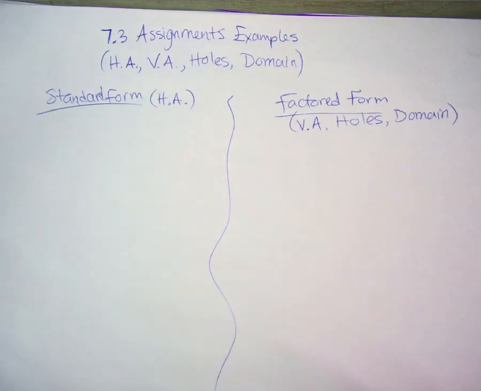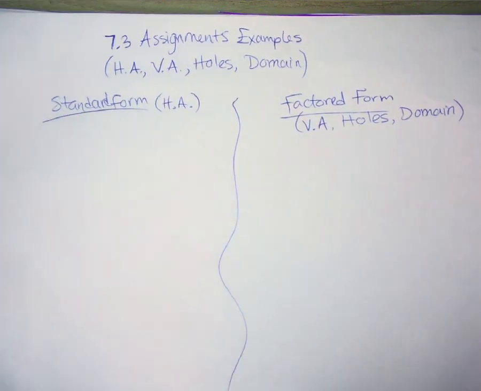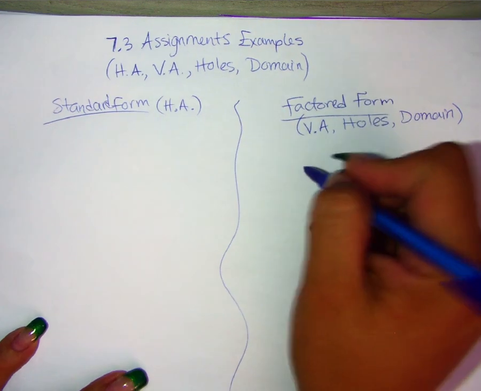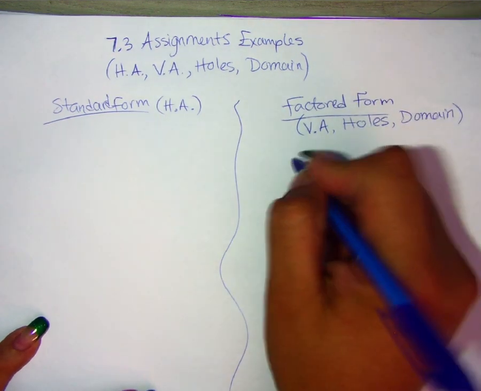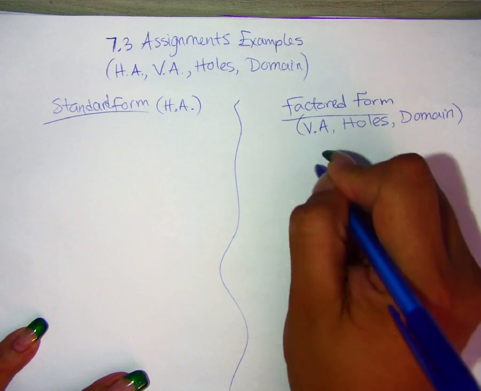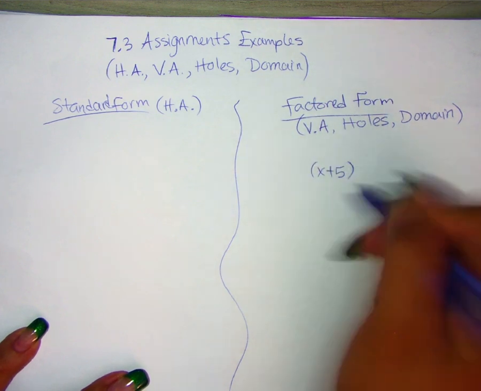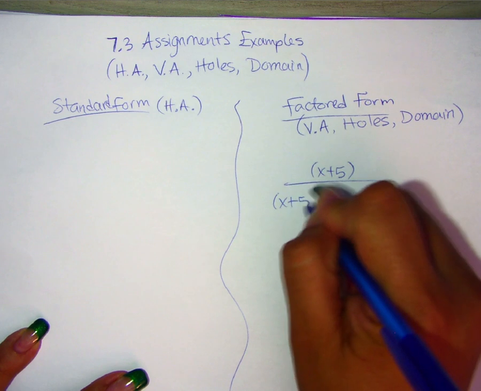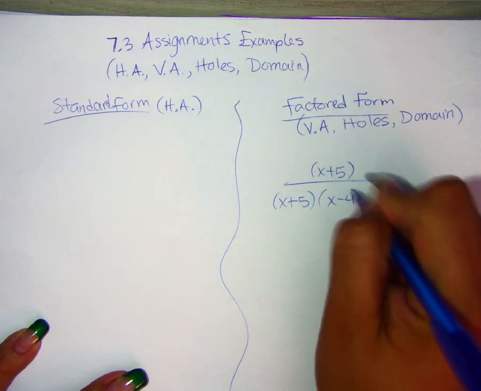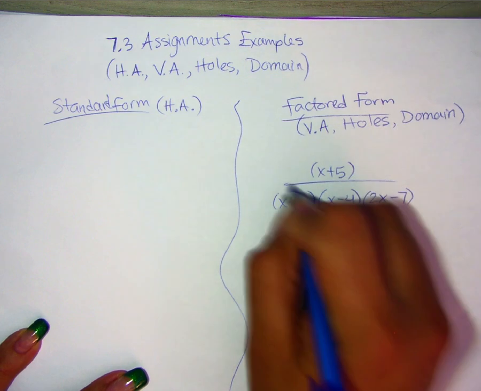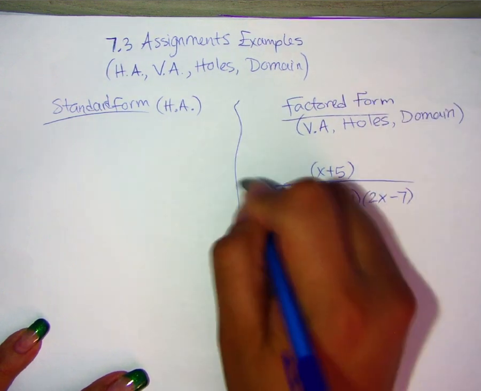Now that you have seen it all, you need to understand when it's convenient to have a certain form. For example, for factored form, one of the examples you have on your paper has x plus 5 as a numerator. And on the denominator, you have x plus 5, x minus 4, and 2x minus 7. And on this function,